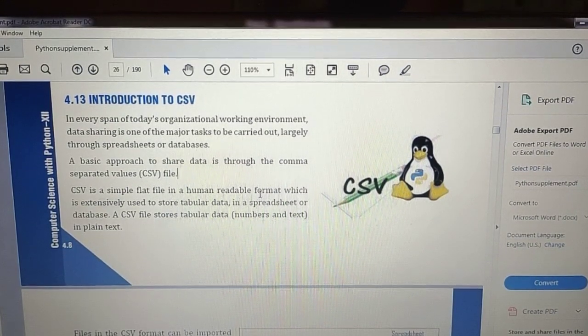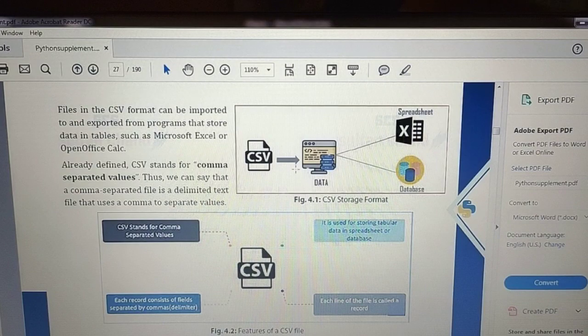Okay, you know, suppose this is the data, and you can store that data in the form of an Excel sheet, database, Word, or any other format. But you can also store this data in the form of CSV, which can store only data.